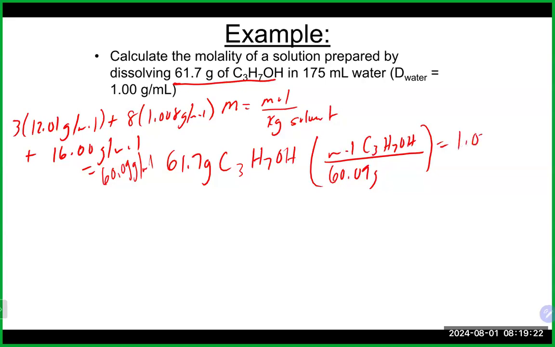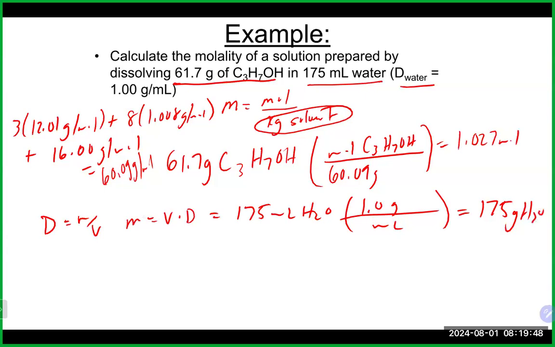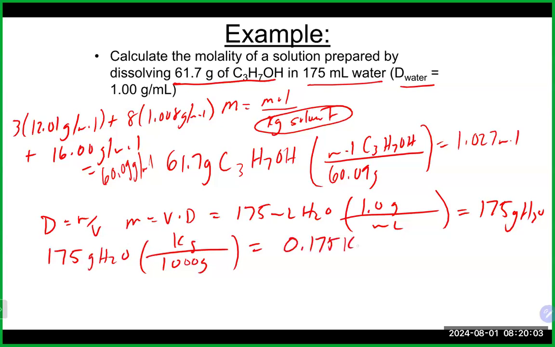Gives us 1.027 moles. We do need kilograms of our solvent. Here we are given the volume and the density. And since density is mass divided by volume, the mass would be volume times the density, which means in this case 175 milliliters of water times the density of water, which is 1 gram per milliliter, will give me 175 grams of water. It does need to be in kilograms here for our molality, so we do need to do that conversion. And again, there are 1,000 grams in a kilogram, and that gives us 0.175 kilograms of water, which